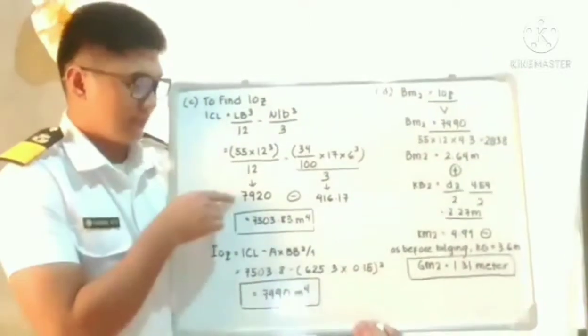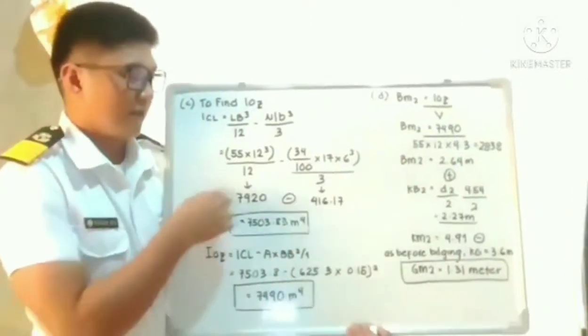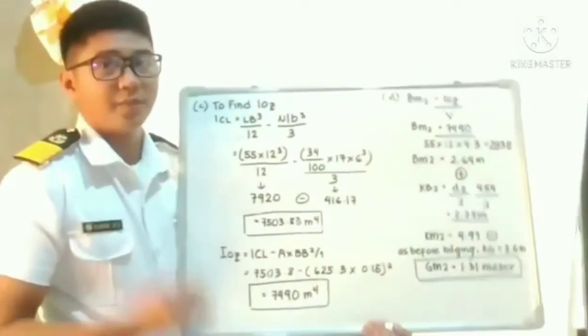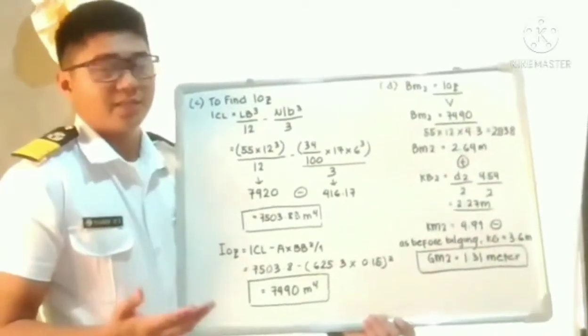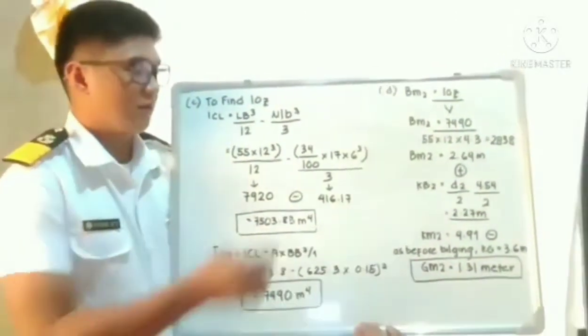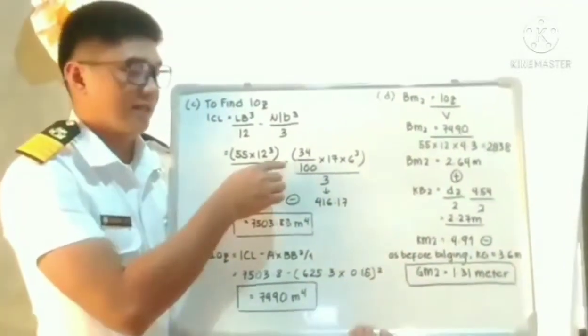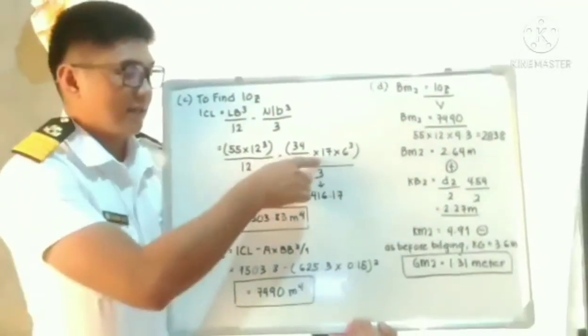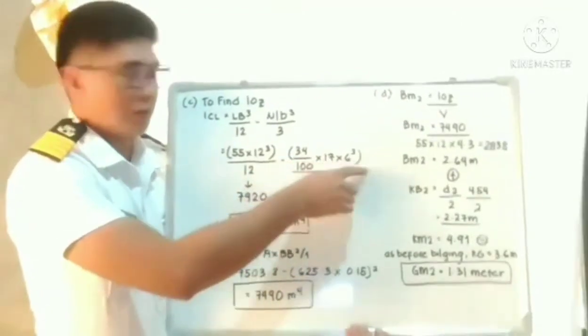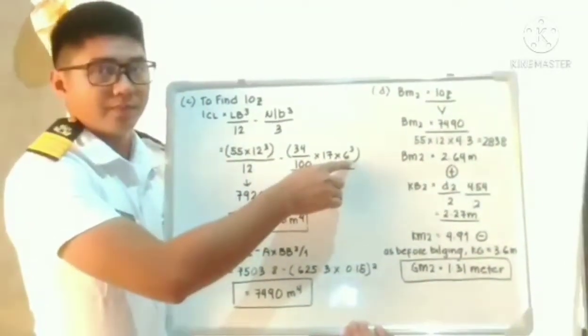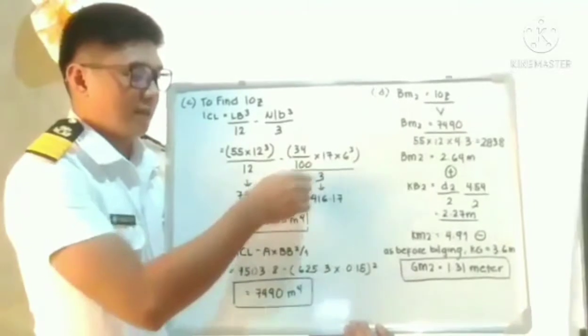So you obtain 7,920 meter to the fourth. Minus the permeability term, B cube over 3. So 34 as our permeability percentage divided by 100 times 17 times 6 cubed, our half of breadth, divided by 3, you obtain